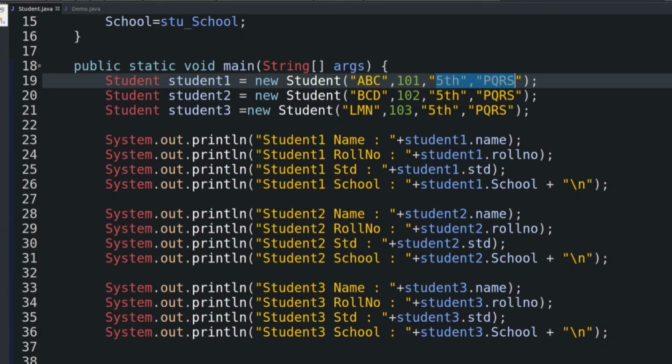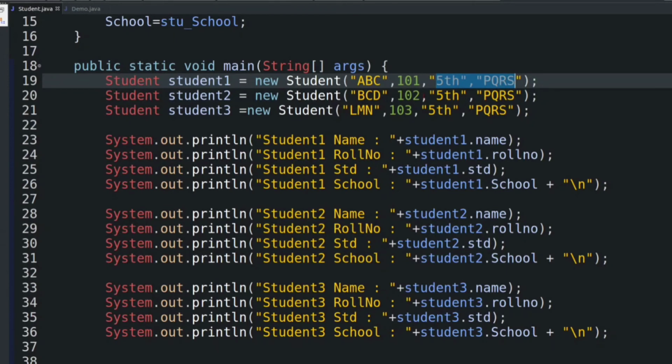So here we are writing same code multiple times for each object, and it is okay for this program because this is a small program. But if we think in case of a big application, we are writing hundreds of lines of code multiple times which is common for all objects, then it will be time consuming and lengthy. So instead of doing this, we can write code that is common for all objects inside instance block, and this is the main purpose of instance block.